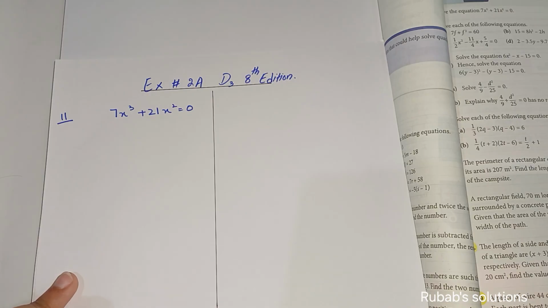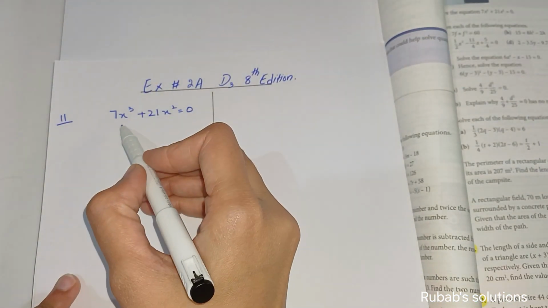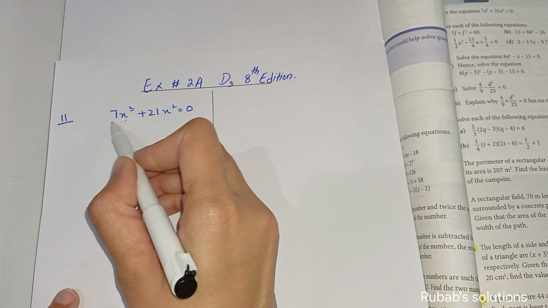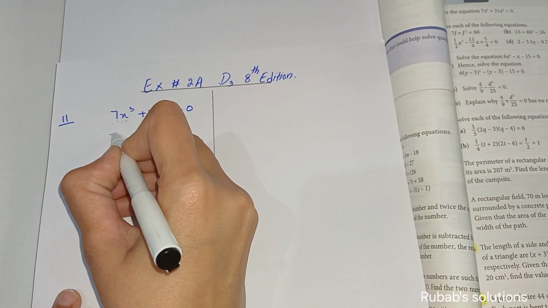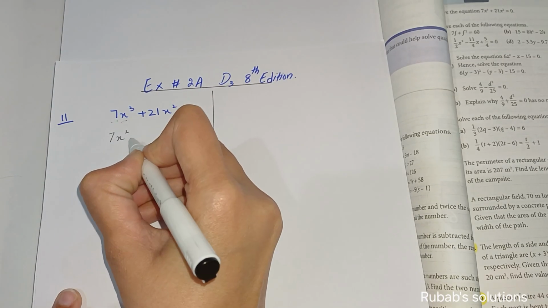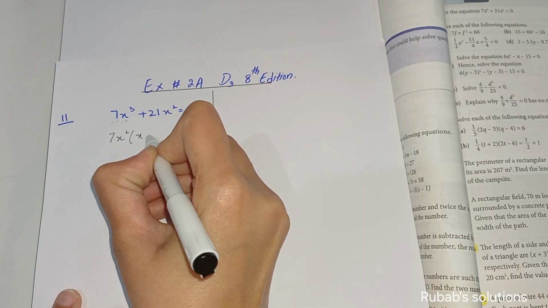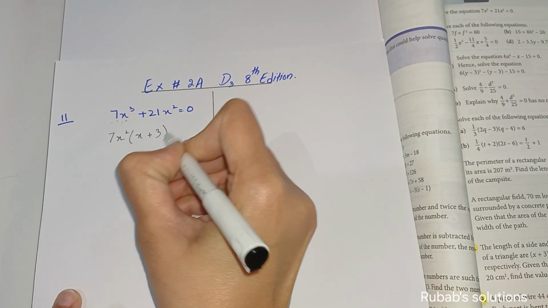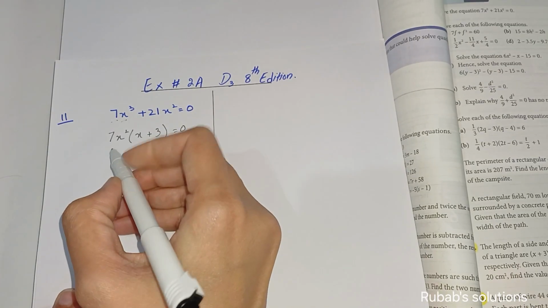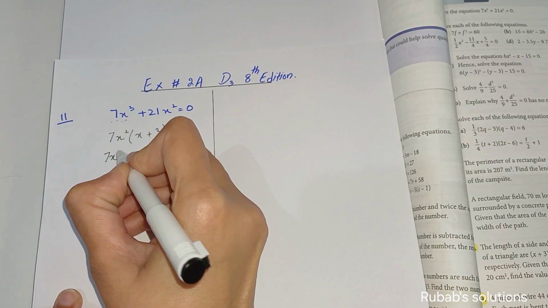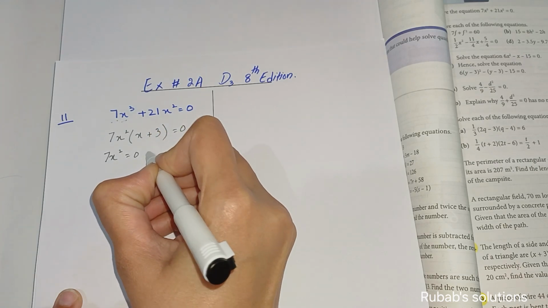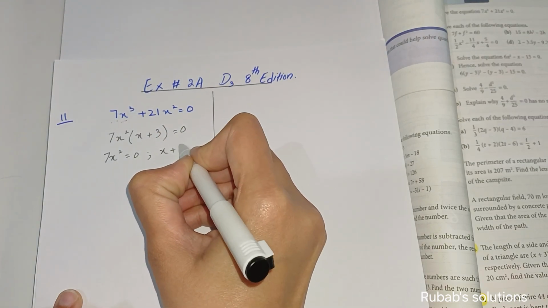दैट सॉल्यूशन सॉल्व द इक्वेशन 7x³ + 21x². Okay. From here can I take x² common and 7 common in the start? So if I will take 7x² common, so remaining is x plus 3, this is equal to 0. Now I can apply the zero product formula, either 7x² is equal to 0 or x plus 3 is equal to